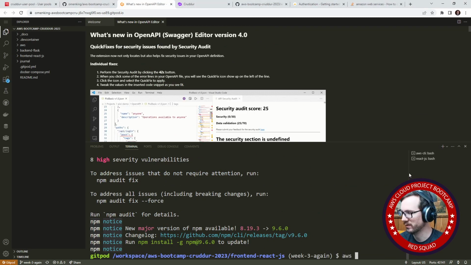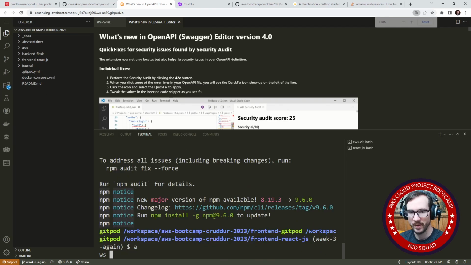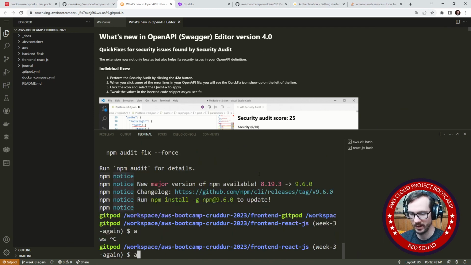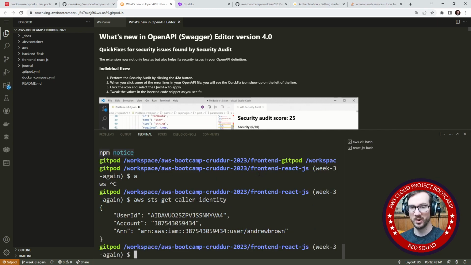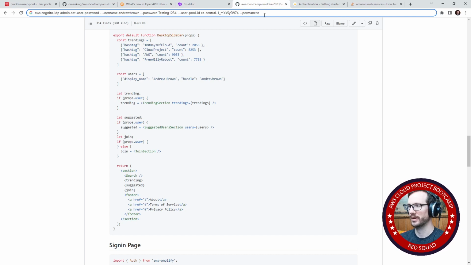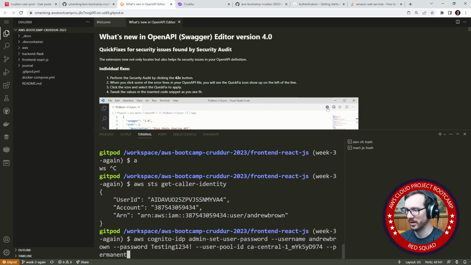I'm gonna drag this over first of all, just so that that's a little bit easier to see. And I'm going to go down here and we're going to type in AWS STS get caller identity. I'm starting to get really good at typing that in. And so what we need to do here is bring that command. I think I saved it over here for a second. So that was the command we ran a moment ago. AWS Cognito IDP admin set user